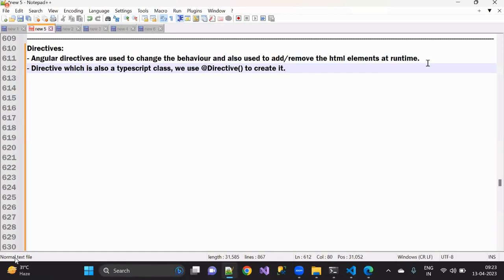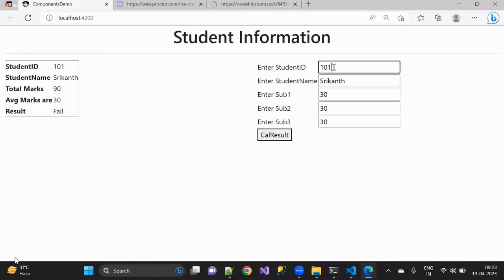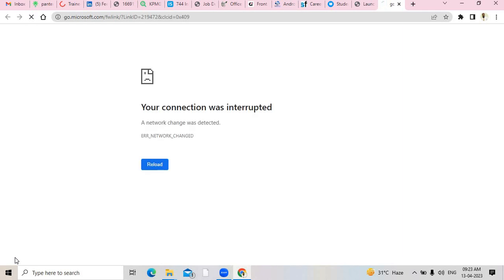Now, what exactly is the directive going to be? Suppose, let's say, in this example you can see I have an application something like this. We have 101, the name is Shrikant, and the subjects are 30, 30, 30. Now I have a requirement: whenever the user clicks on calculate result, if the result is going to be fail, I don't want to display the HTML over here. If the result is going to be pass, I just want to display that particular table to the user. That means dynamically, I want to do something with